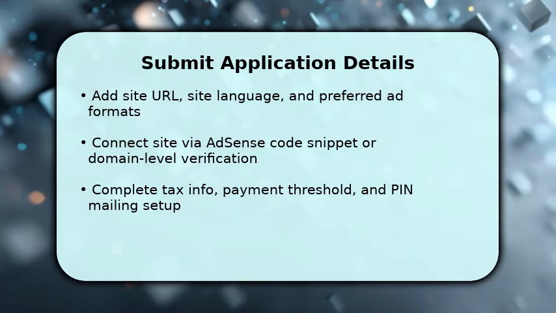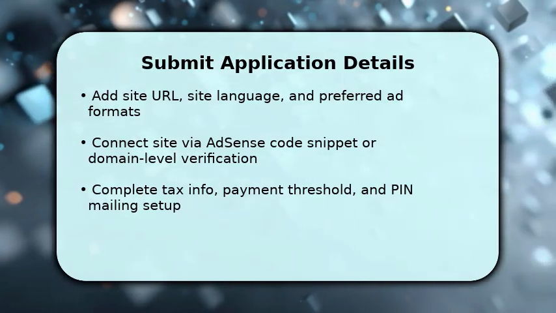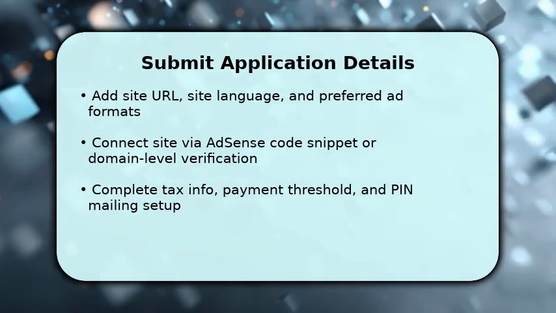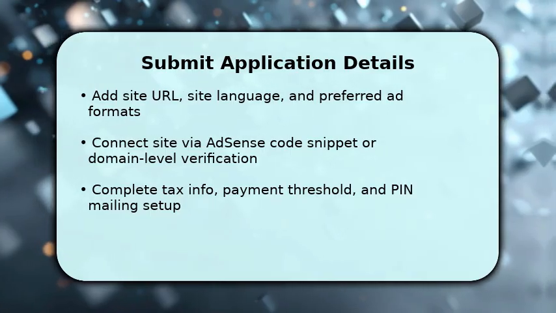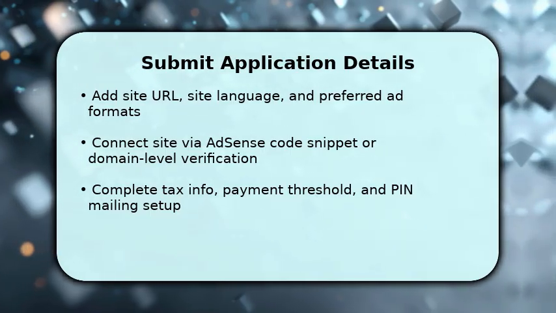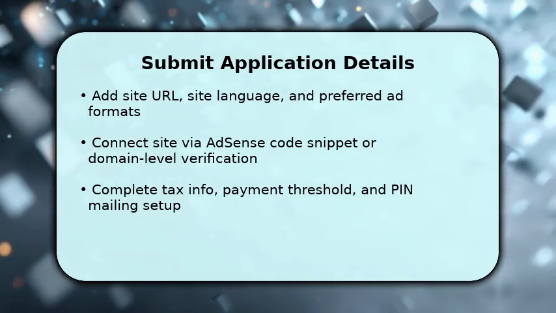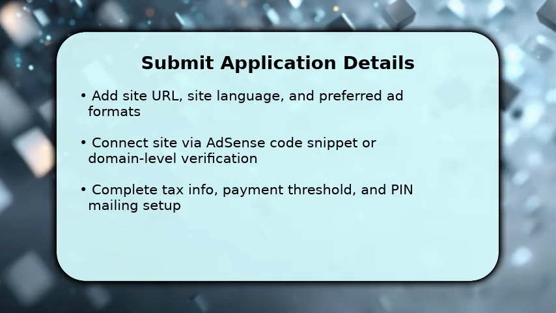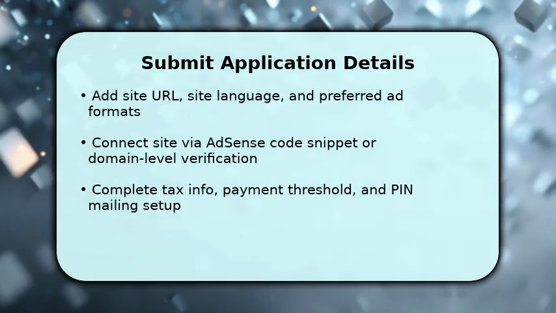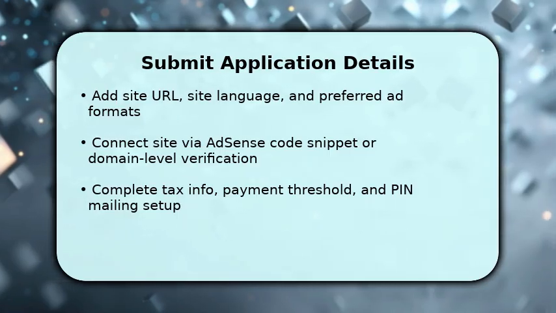Now you complete the core AdSense form and place the verification code. This proves ownership and allows ad crawling. Enter your exact site URL and choose the language so ads match content. Paste the AdSense code into your site header or use domain verification in Search Console, and then request a PIN